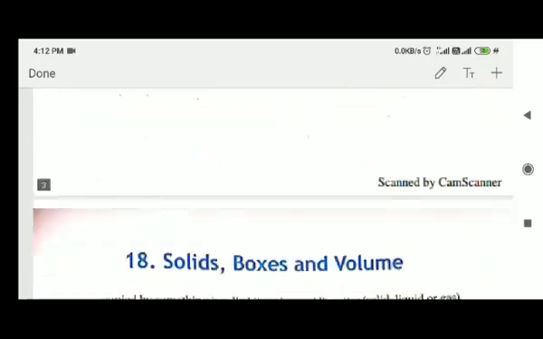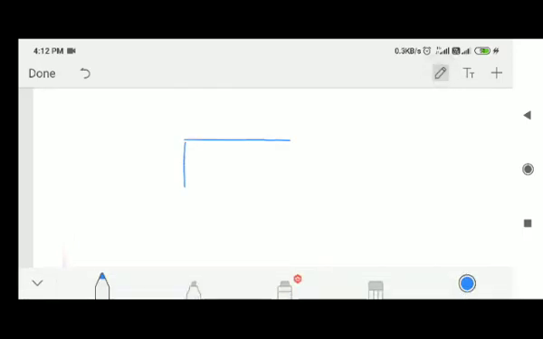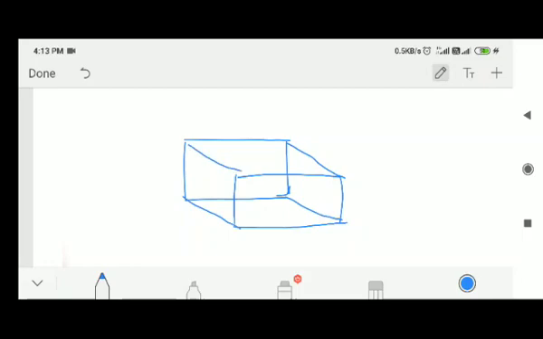So my friends, don't worry, I'll do a good figure for you. Now here I'll do a figure. See, what is this? This is a rectangle. 6 rectangles when joined together form a cuboid. Now, how to draw a cuboid? Very easy, my friends. Join this. Now I'll show you the different parts of a cuboid. Different parts are joined properly.